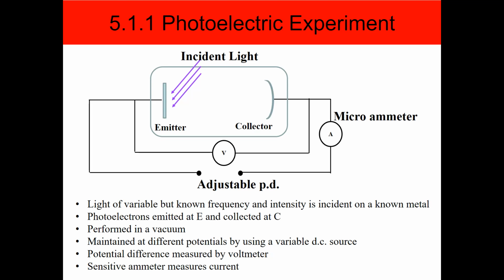Why is it performed in a vacuum? It's because if you have electrons coming out and they have air in between, do you think the electron can reach the collector? Answer is no, right? Because the electrons will be absorbed by the air, and you will not be able to very sensitively measure the amount of electrons nor the Ke of the electrons, because you will hit the air particles, you reduce and lose its Ke. Right, so I'm answering one of the questions for you of why you require a vacuum.